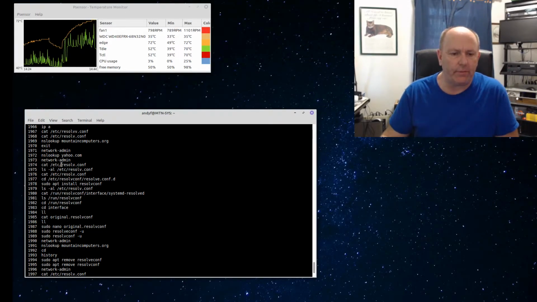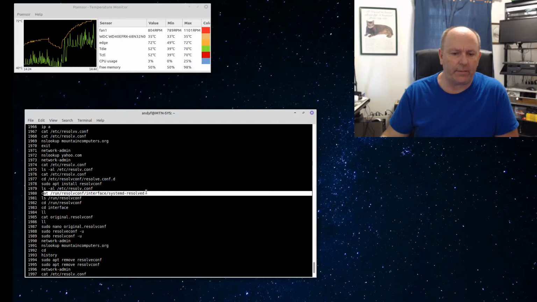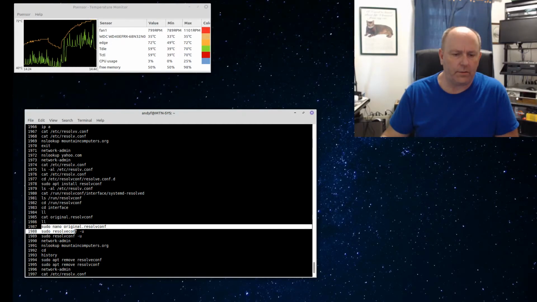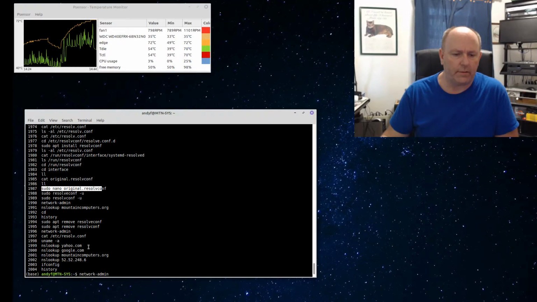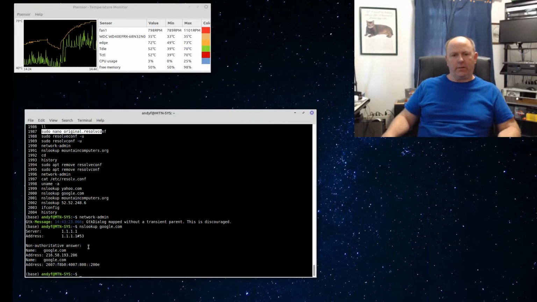So if I do sudo apt install resolvconf and look at my systemd resolved, then look at my interfaces, ll is list, sudo original, sudo resolve, and then restart your service,